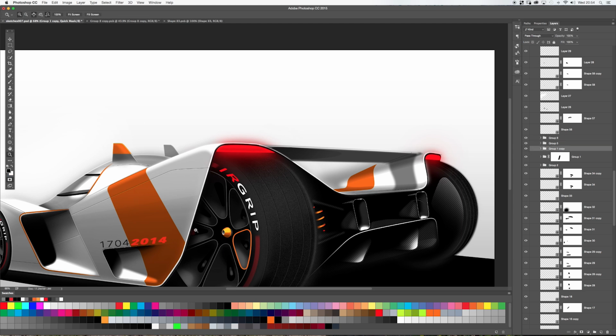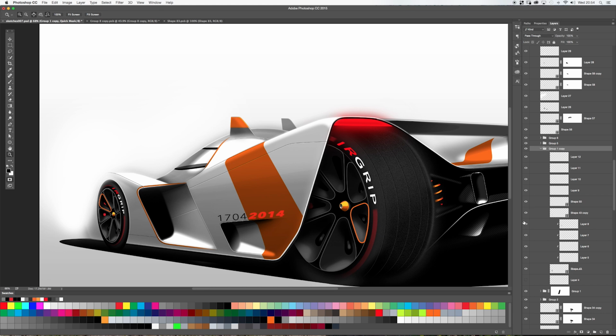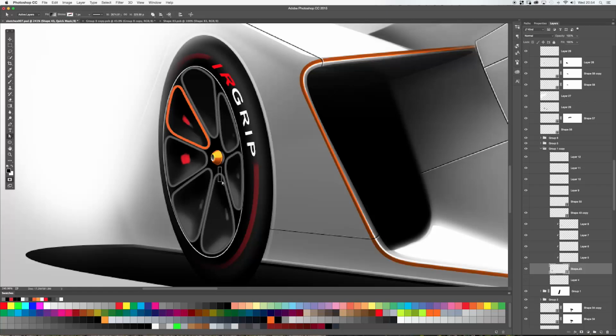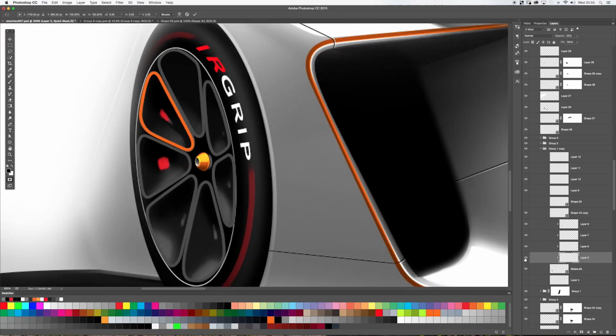What else we got? I got a duplicate of the spokes I did for the rear. I just duplicated them, and because they were all vectored in the first place, it's not too bad. When you scale it down, it doesn't get depixelated or blurred. And I've done one layer here, which I'll show you, which has just a gradient fill, and then on top of that I've got clipping masks, which basically is I've painted on the highlights around the